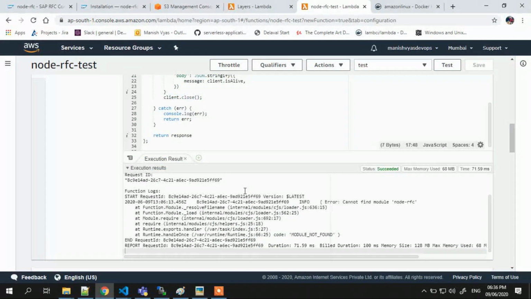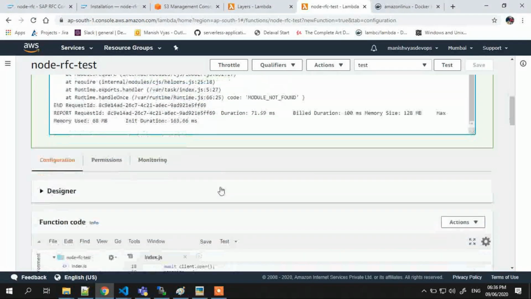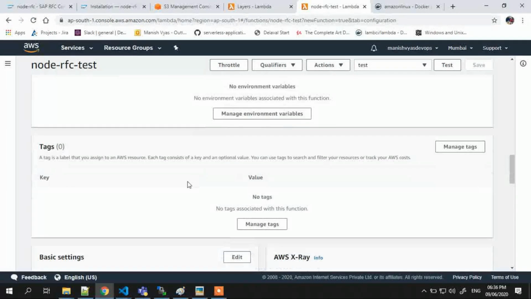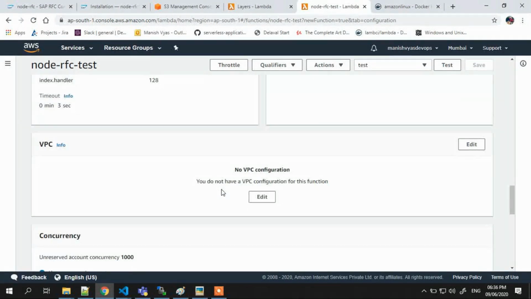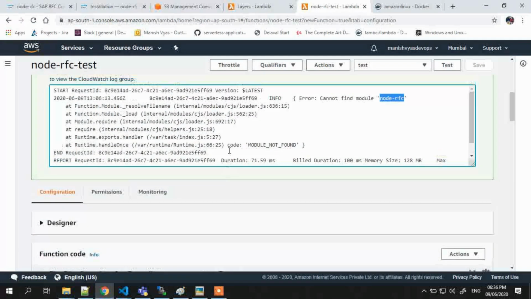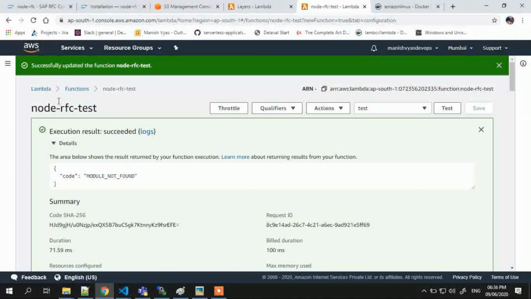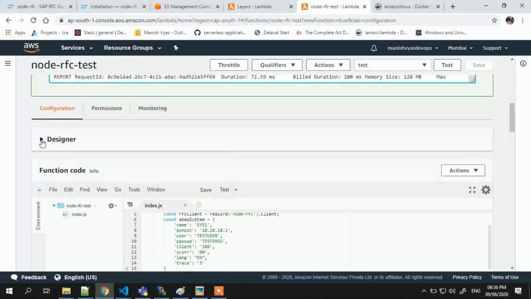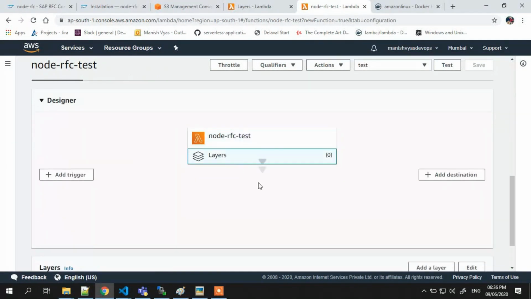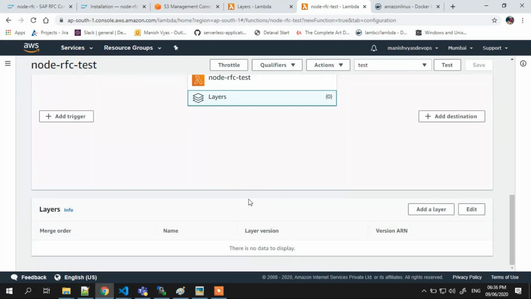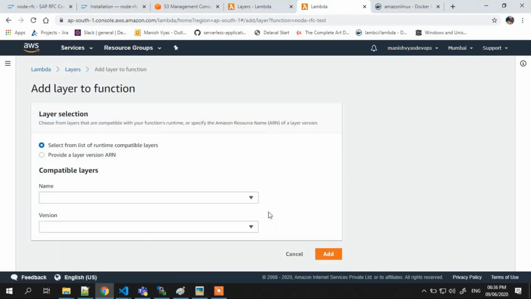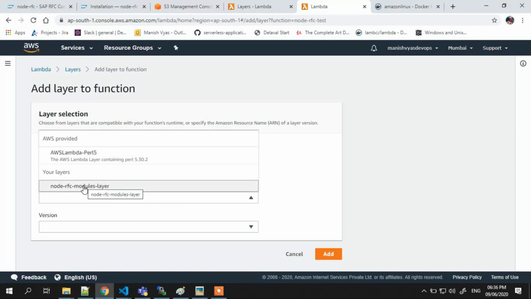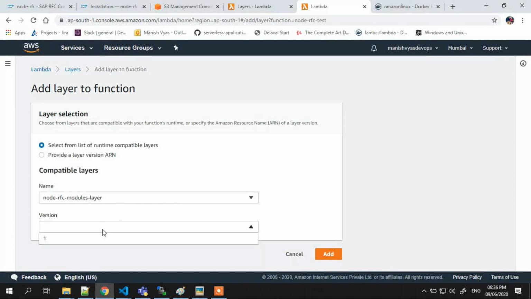Now it is time to attach layers here. So we'll go to the configuration, then to layers. In this layer section we'll add a layer, the node module RFC layer, version 1, and add.